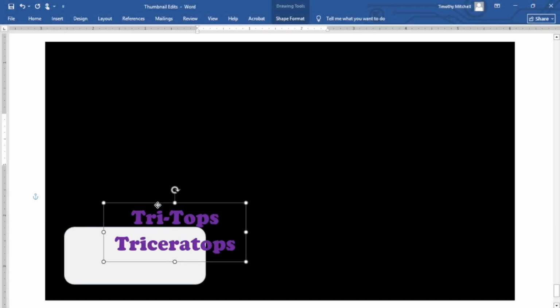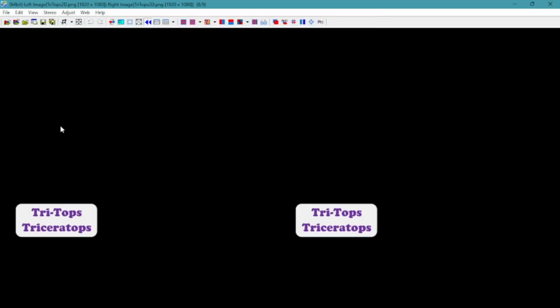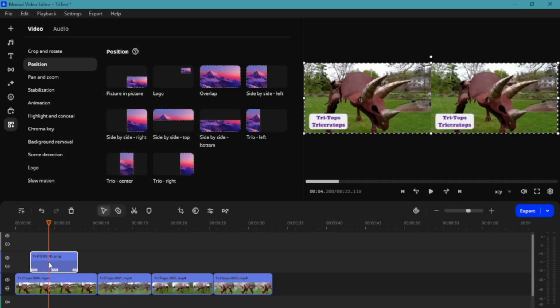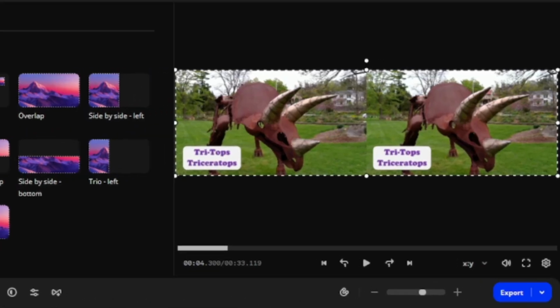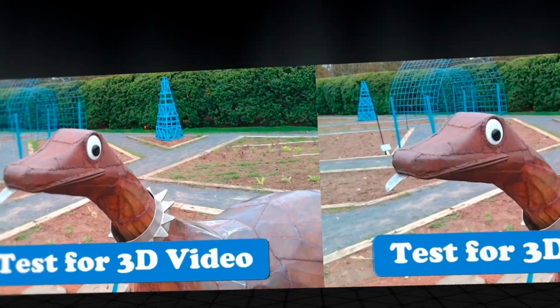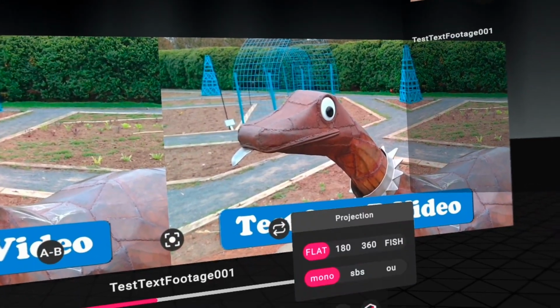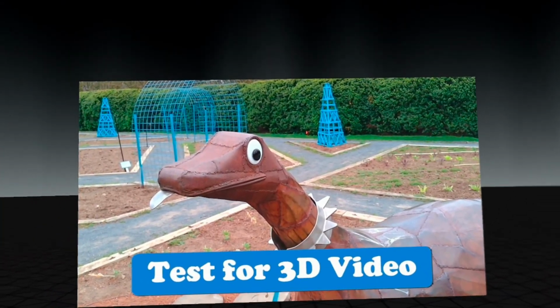We'll design a flat graphic, convert it into a left and right 3D pair with a proper pop-out effect, then drop it straight into your spatial 3D video timeline. We're building real 3D titles that actually pop out in your Quest headset, not fake 2D overlays. If you're building spatial 3D video tutorials or graphic overlays for spatial video, this method lets you prototype 3D graphics